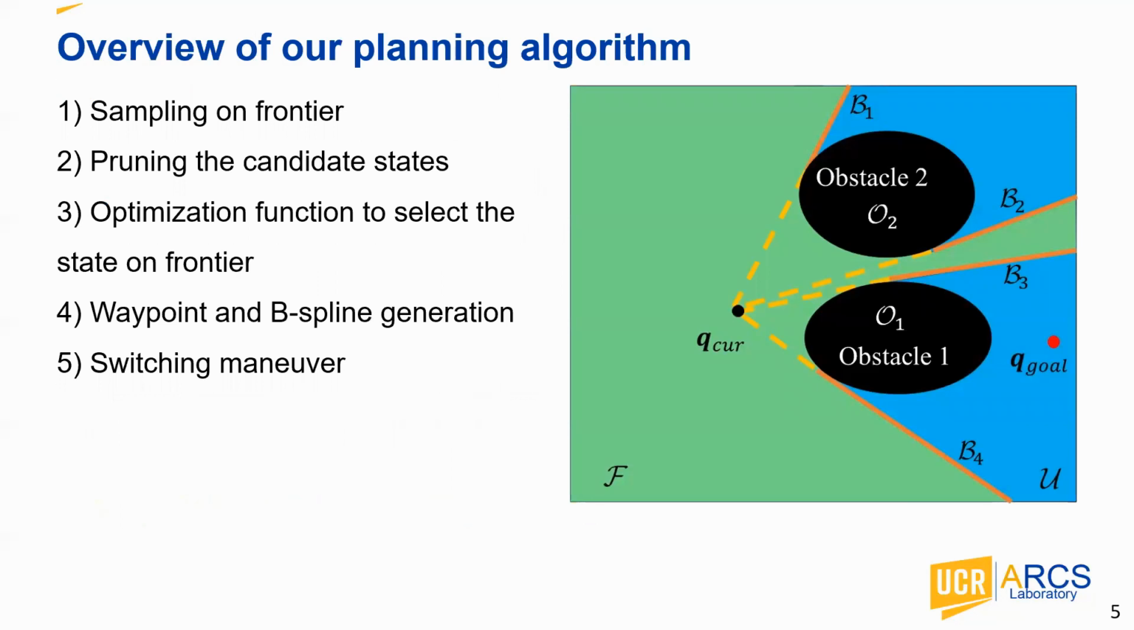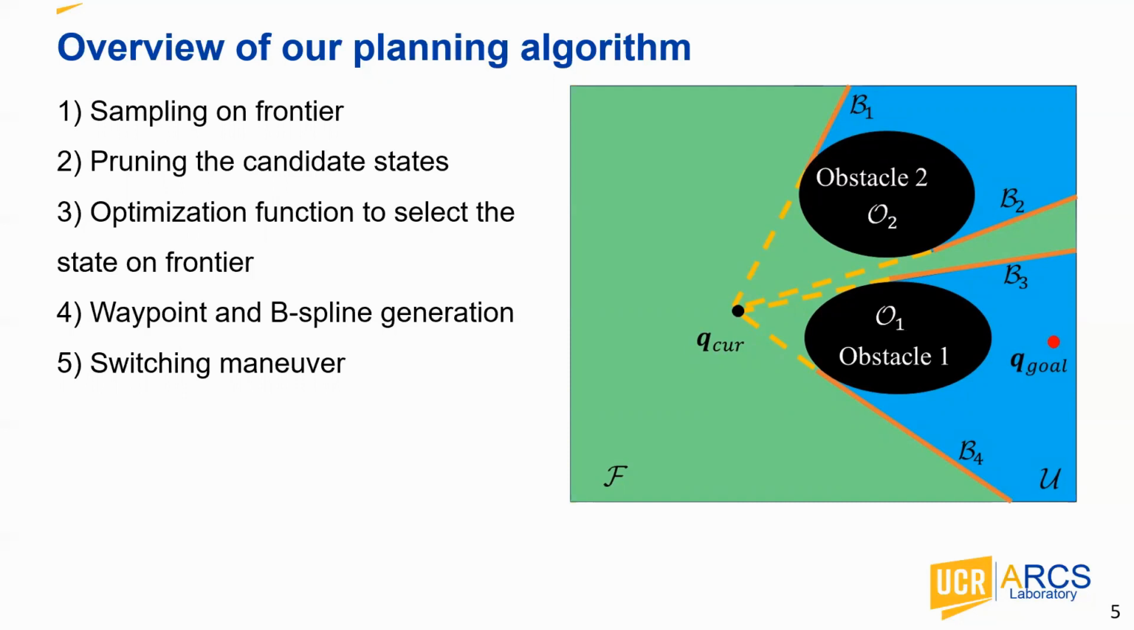Consider a global map populated with an unknown number of static obstacles. Our goal is to select a fast trajectory considering the collision with boundaries. The algorithm of this work is divided into 5 parts: sampling on the frontier, pruning the candidate states, selecting the state on the frontier based on our optimization function, generating waypoints and B-spline,